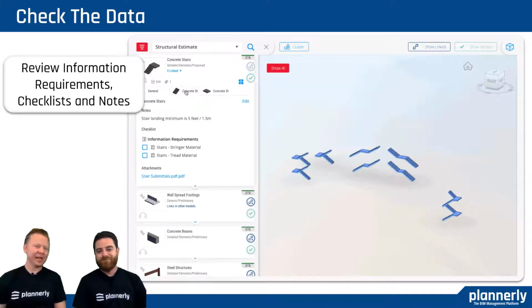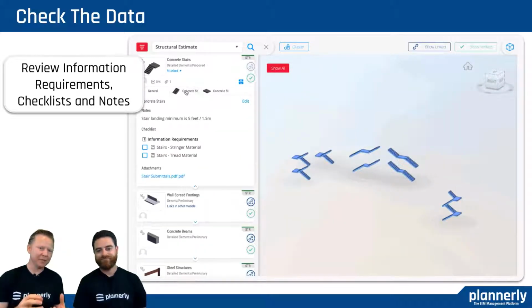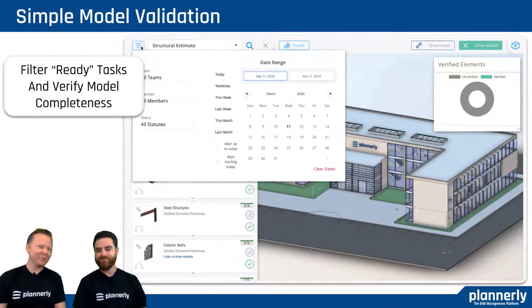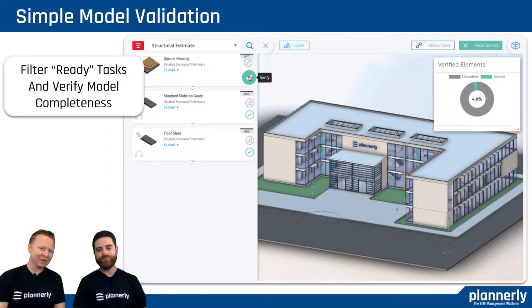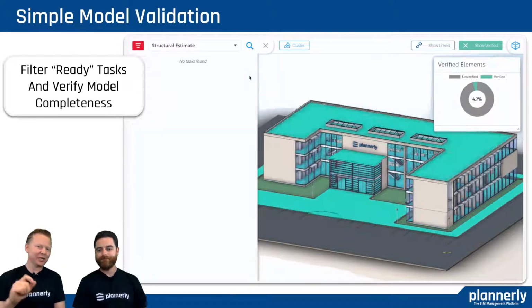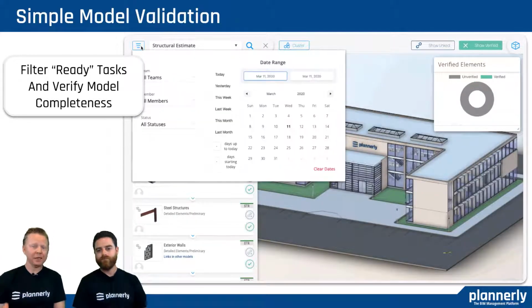And then being able to check information and understand, again, in the same location, what the requirements were. Okay, we needed the materials for the stringer and the tread. It looks like there was something defined maybe, and we needed to be able to check that. And starting to see more and more of that being automated to make that workflow super simple. And then when we have those tasks filtered for the teams that are involved in that model deliverable, going through that is actually quite fun to check these off, and they fly out, and then we start to see those elements that have been verified color-coded.